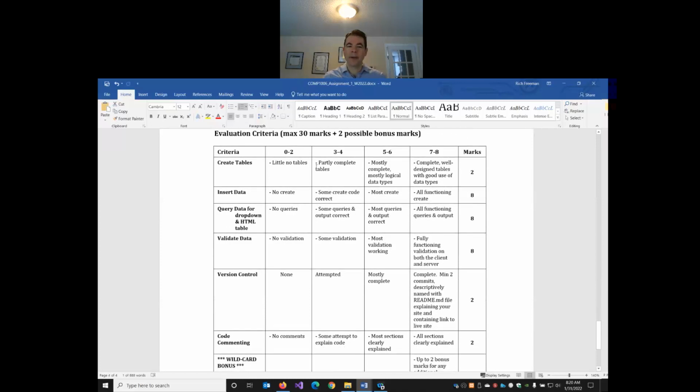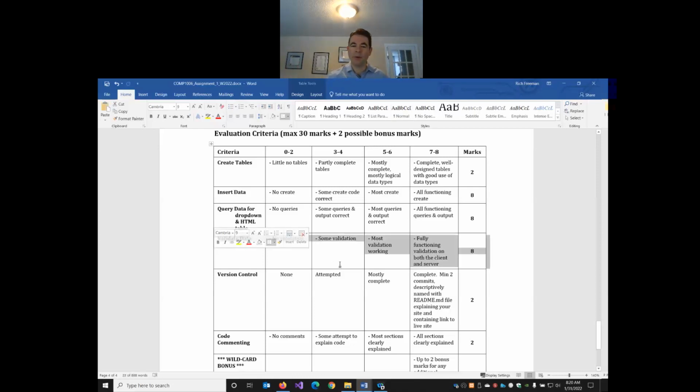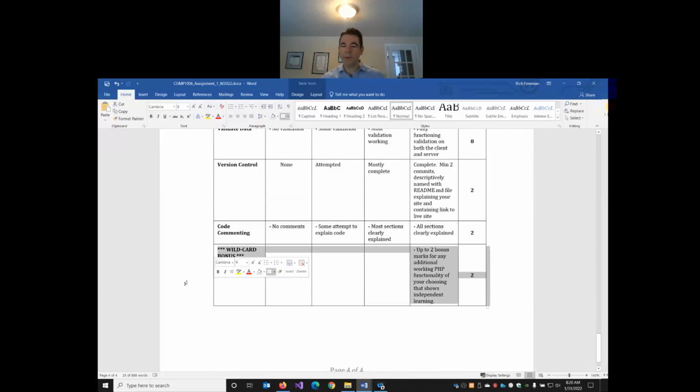So here's how you'll be graded. A couple marks for setting up your database tables properly. 8 marks for your form and save. 8 marks for querying of the data. So that's 4 marks for filling your drop-down list and 4 marks for building your HTML table. There's 8 marks for validating on both the form and the save page that we've got correct data. A couple of marks for Git, a couple of marks for code commenting,